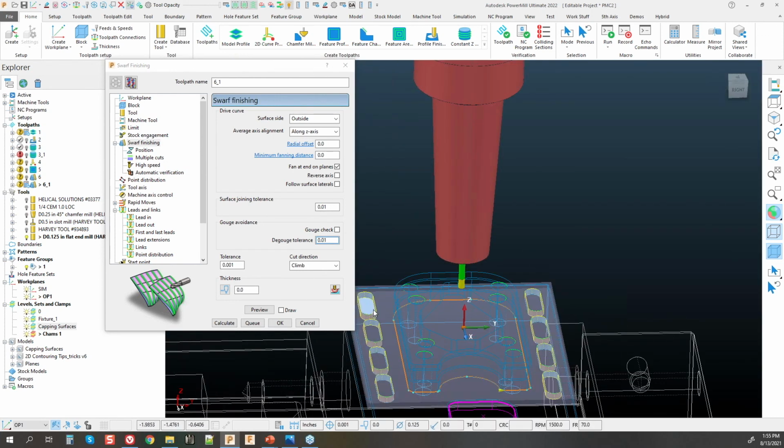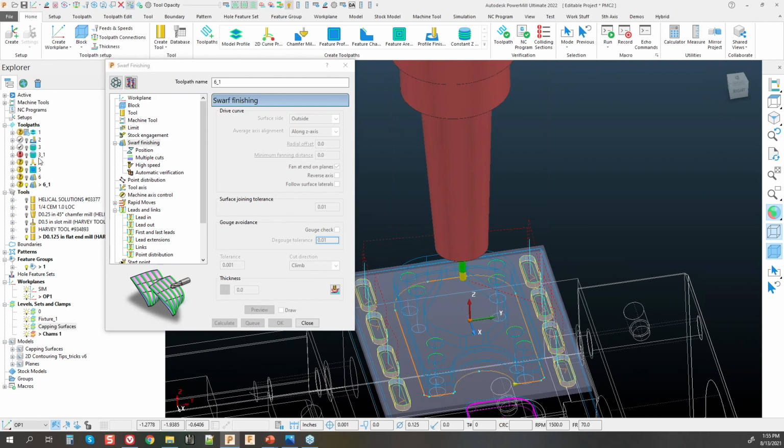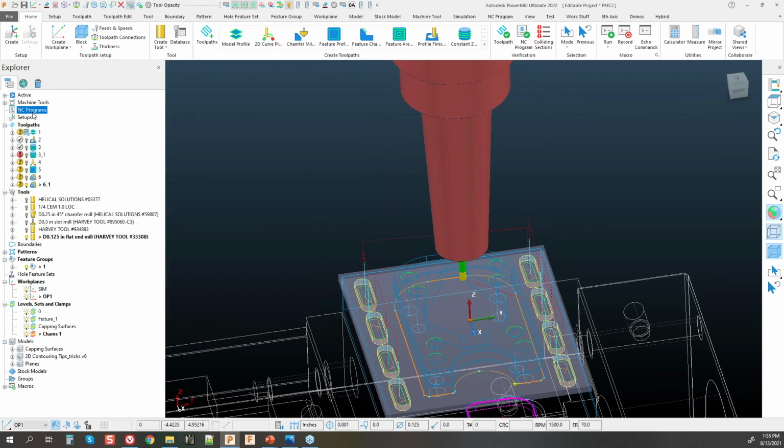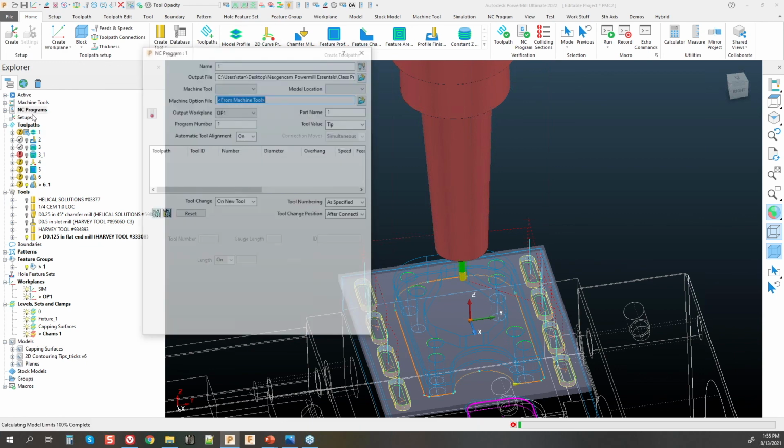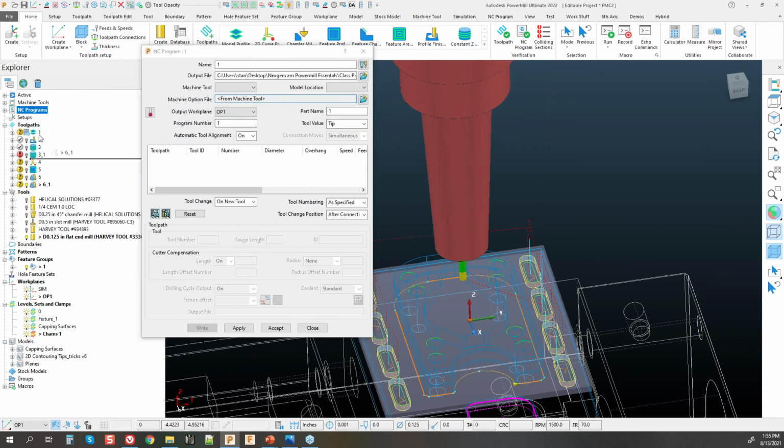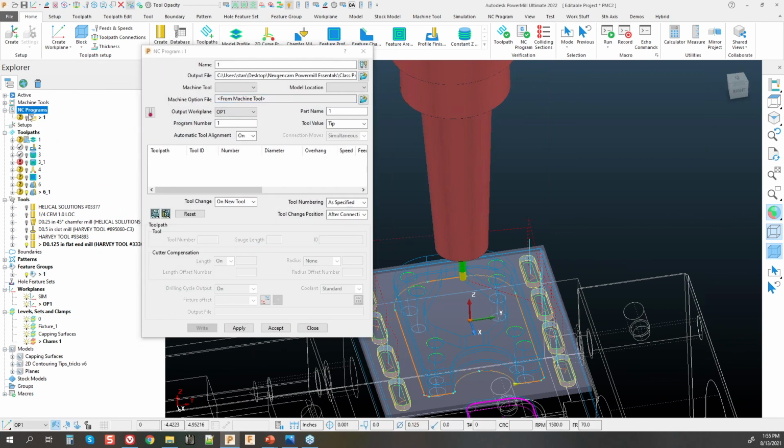After I get through with this, we'll go into QA. But I do want to show some other compensation options here. All right, so with our cutter compensation options, we have the capability of applying compensation to toolpaths that don't actually have compensation. And for old school users, we know how to do this. It's actually within the NC program itself. Once we apply the toolpath to the NC program,